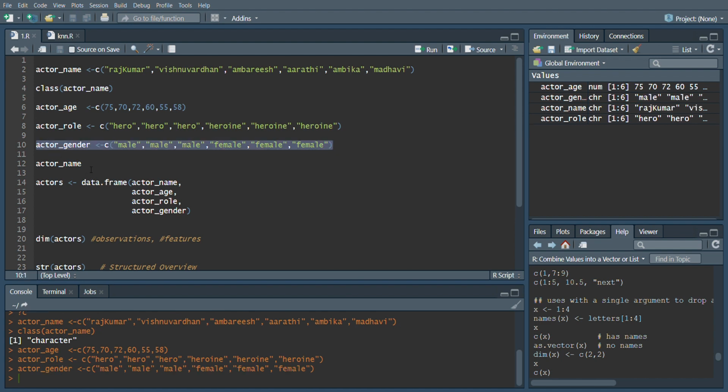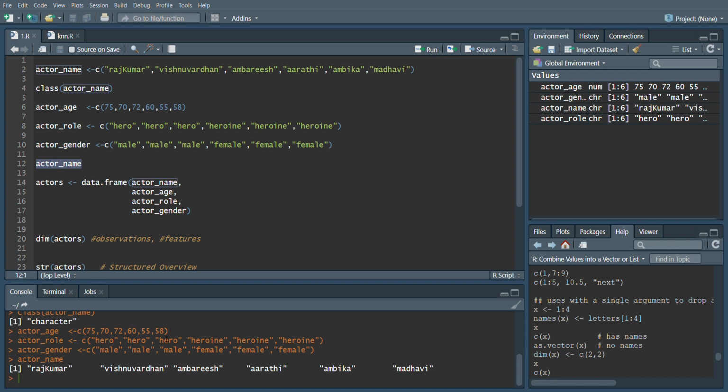Okay, after this, if you are interested in knowing the content of either actor name or actor age, just specify the name here. In this case, I'm trying to view the details of actor name. Just select it. See here in the console part, you will get the values of this actor name variable, and this is a very interesting function called data frame. So this is what you have to do in almost all cases to build any models.